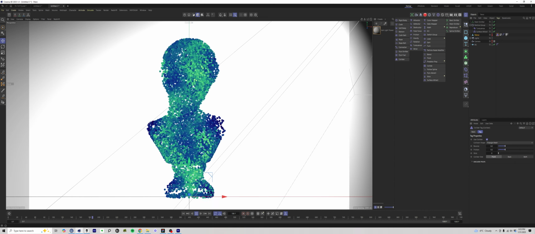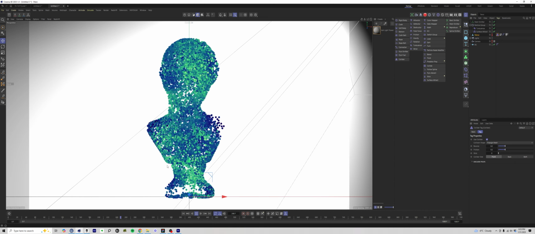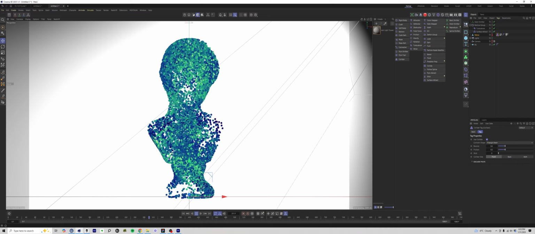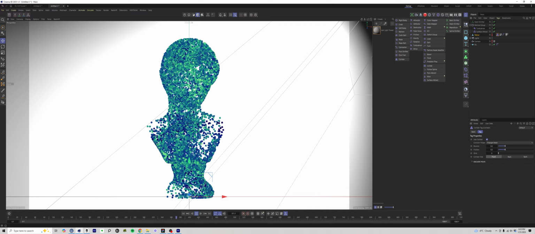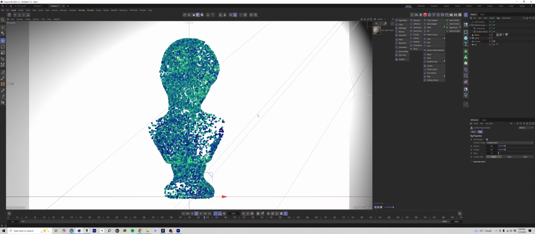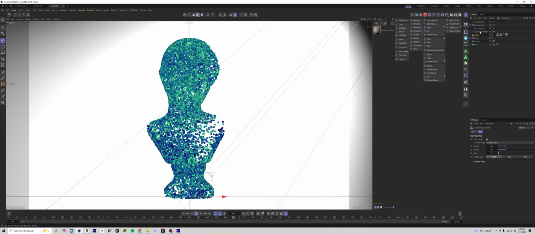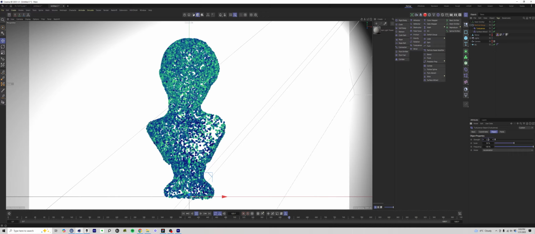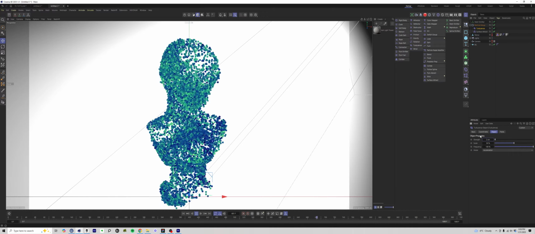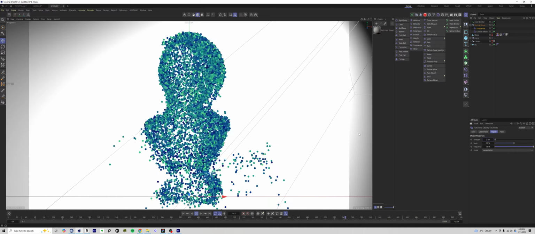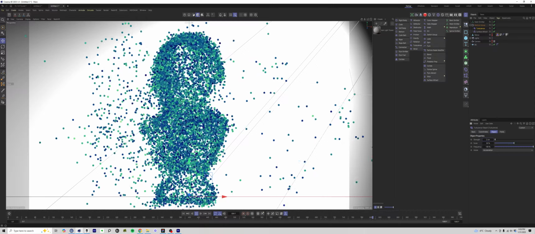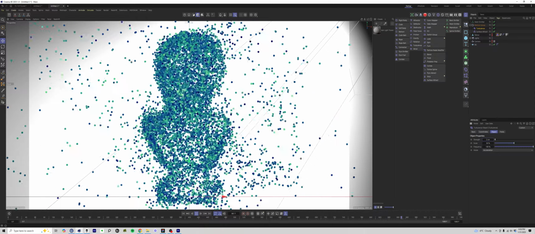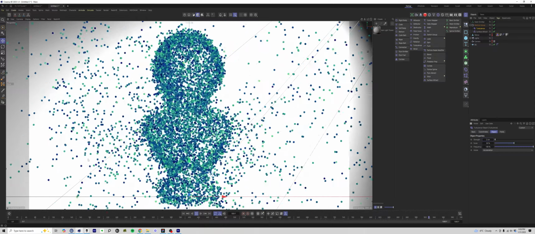So what's happening now, the turbulence is pushing these guys around, and they're sticking to the mesh because of the surface attract. Now, just to show you something, if I do bump up the strength of the turbulence, to 2 for example, at some point they start leaving the mesh, and that is because